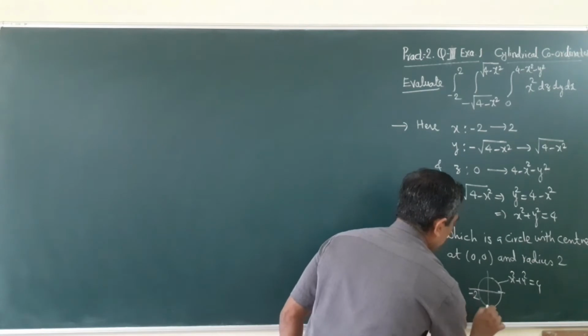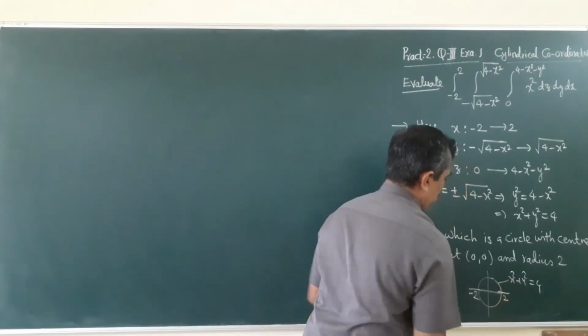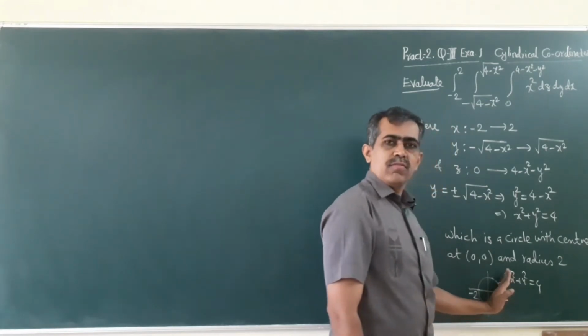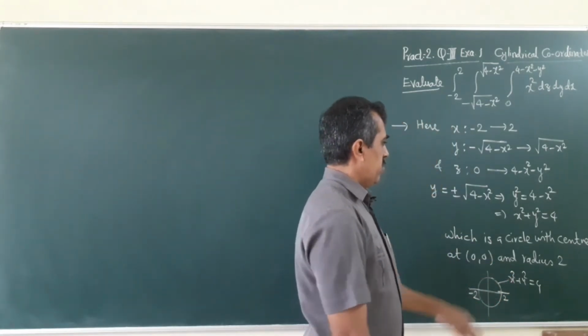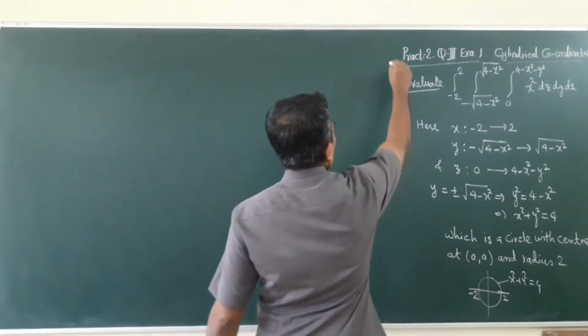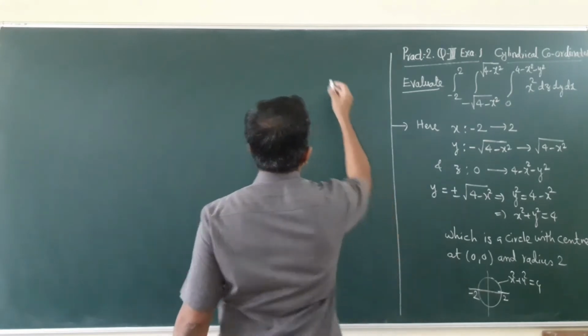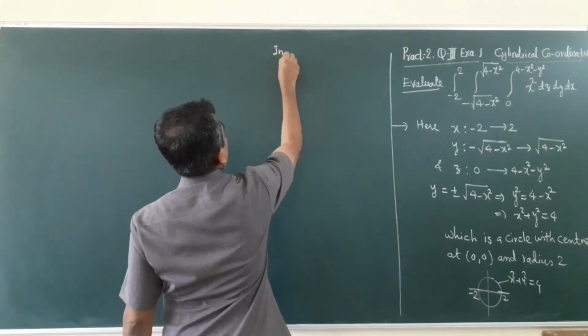X is -2, here x is +2, and this is the circle. So x runs from -2 to +2, and the base is such a circle. Now see, when we go to cylindrical coordinates,